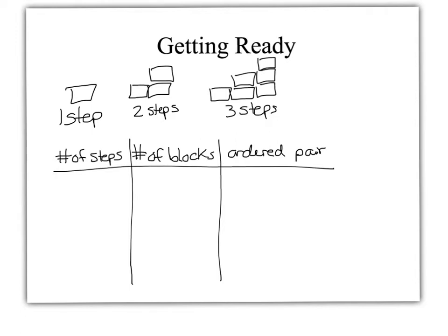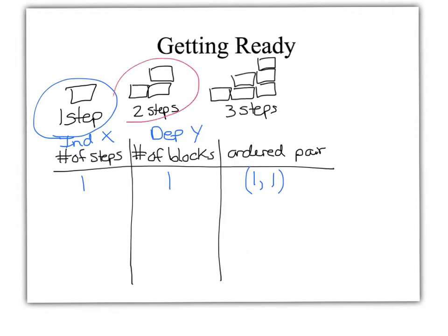So I've kind of redrawn the picture. If you have one step, you have one block. Now, when we start graphing these, the ordered pair is going to be 1, 1, because the number of steps is your independent variable. So that's going to be on the x-axis, and the number of blocks is your dependent, so that's going to be on the y-axis. Okay, because the number of blocks depends on the number of steps you need. So if we have 2 steps, then that's represented by 3 blocks, and the ordered pair would be 2,